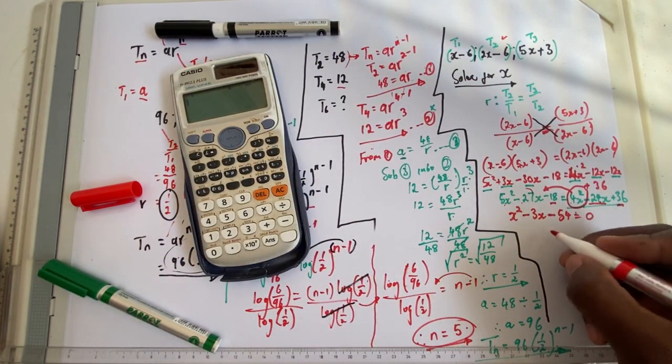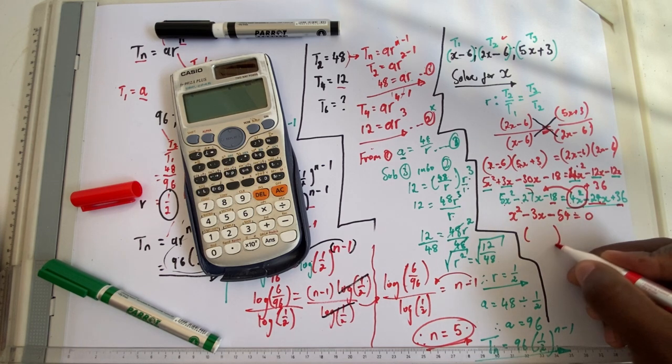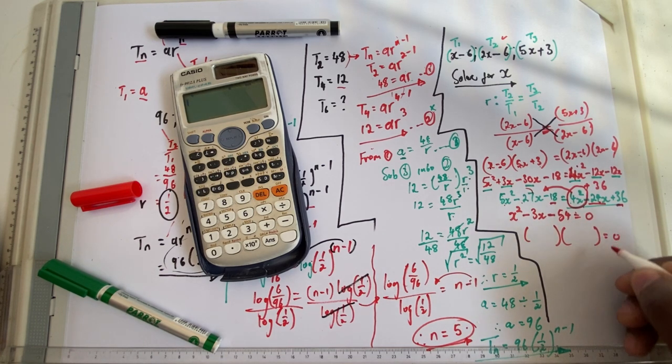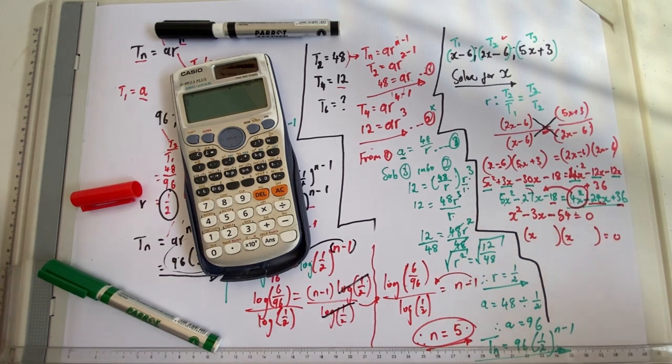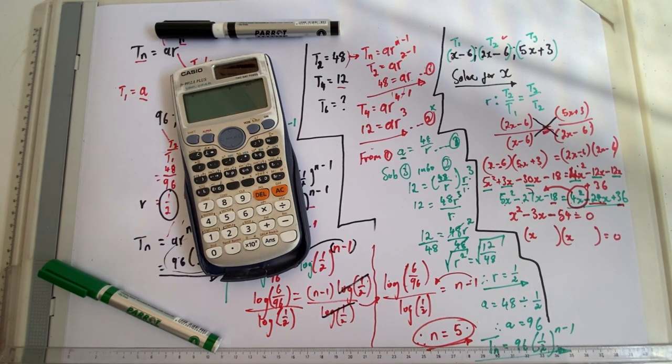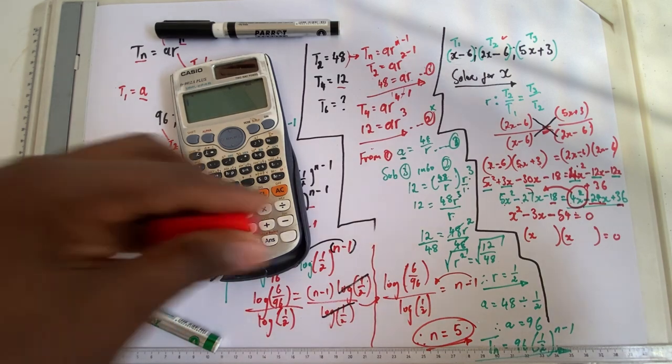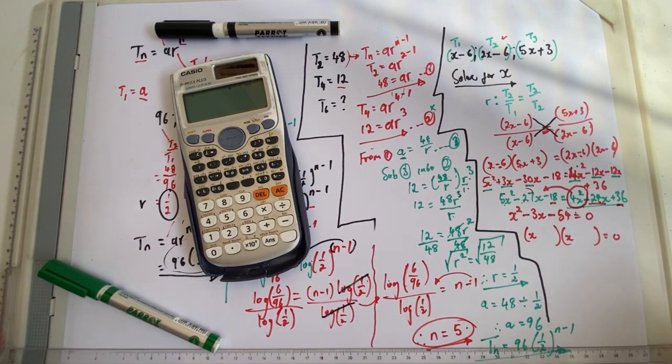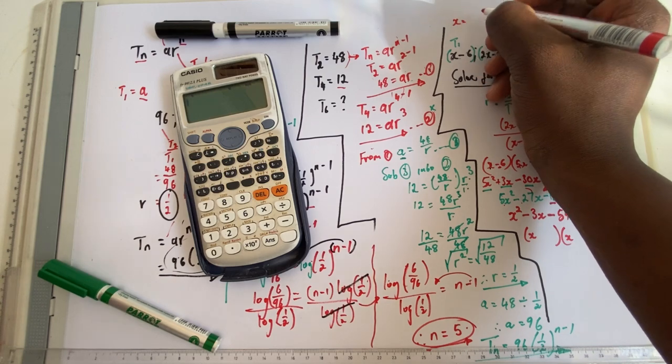So now that this is what I have, I'm going to make use of 2 brackets like that, equated to 0. Then I say x. Then I'm going to look for two numbers that when you multiply, they give you 54. But when you add or subtract, they are going to give you the middle term. Or if you want, you could also make use of the quadratic equation, which is the one of x equated to